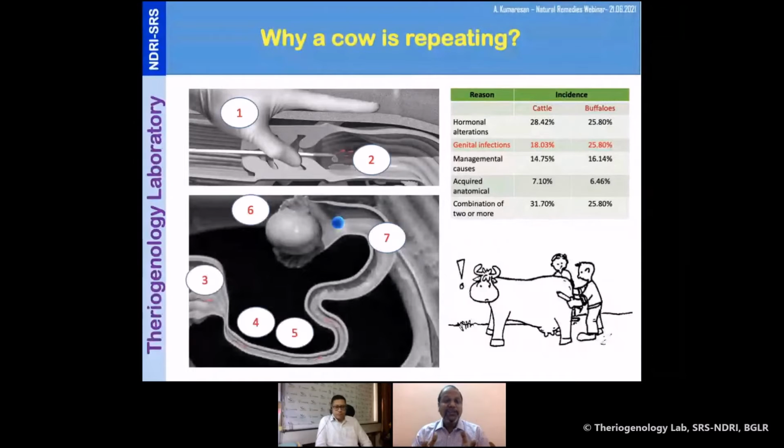It is not only inseminating, or taking the gun inside the uterus and depositing, but each and every small minute step will affect the sperm quality. That one has to know. That is very important. I can carry the gun behind my back like this, and then I can inseminate and show that I can get it conceived, but it is not the reality. One or two animals may conceive, but not the majority. So first and foremost is the person who is inseminating, whether it is rightly inseminated or not.